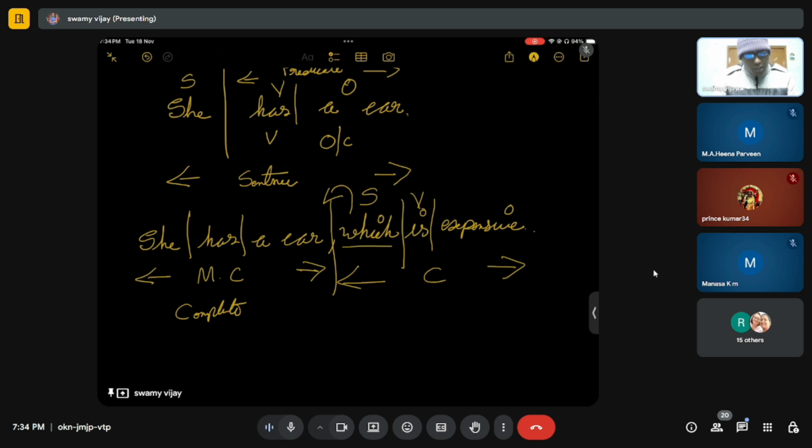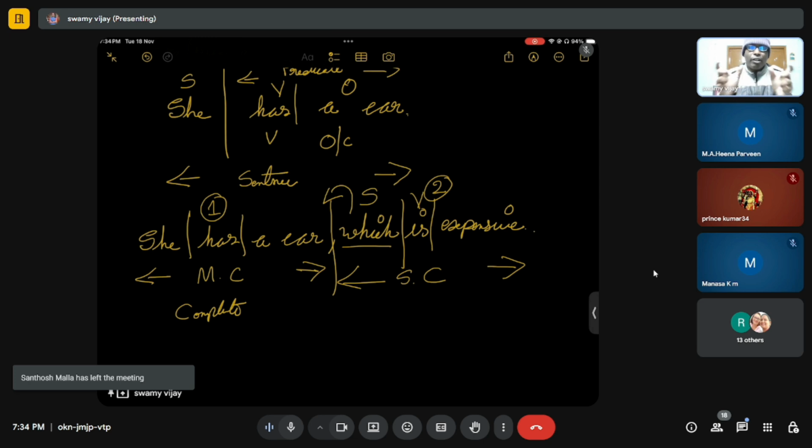So this which is also a subject, is expensive is also a sentence which has some meaning. But to understand what is expensive, which is expensive, we should depend upon the first sentence. So the first part of the sentence is providing the complete meaning to the second part of this sentence. So that's why, though which is expensive is a clause, it is considered as a subordinate clause. Now when you write these kinds of sentences, then you have to divide the sentences into different parts. Then you will explain, in this sentence